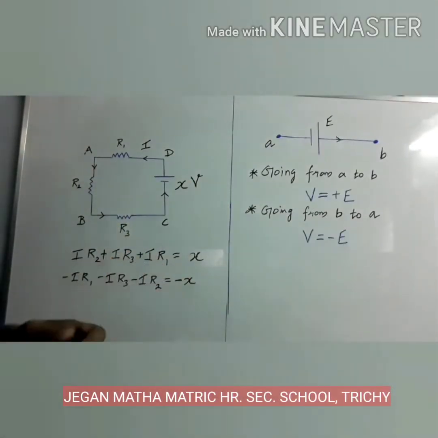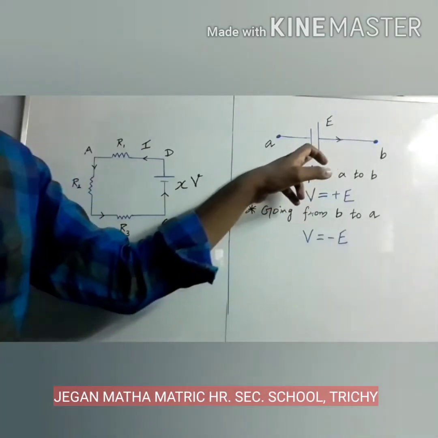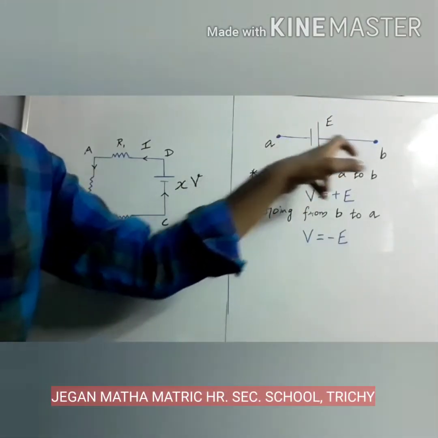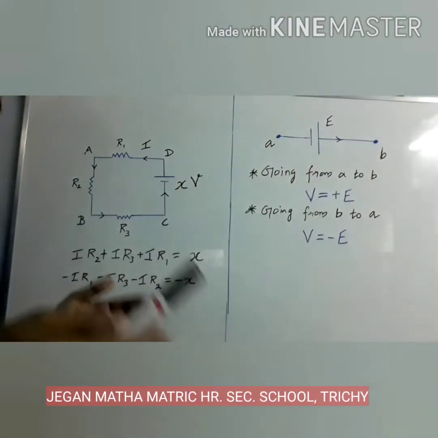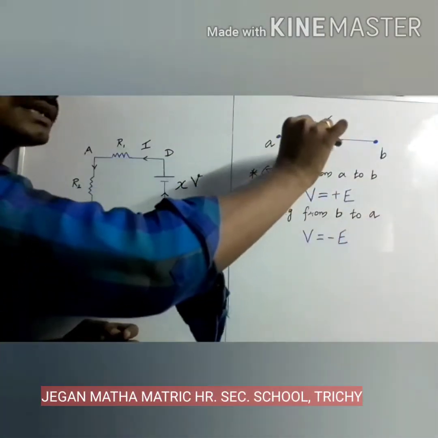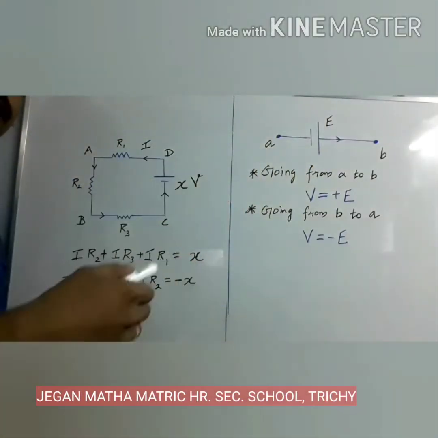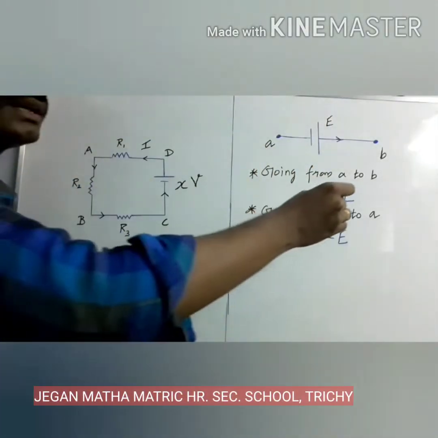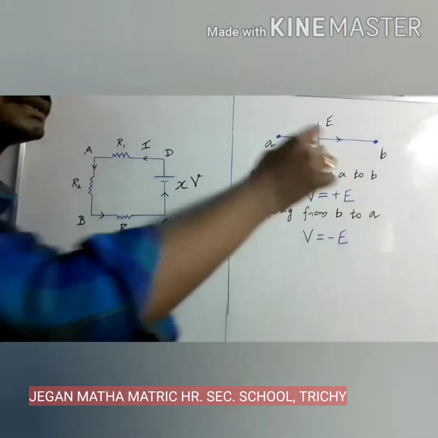We have taken another part of the circuit. The EMF is considered positive when proceeding from the negative to positive terminal of the cell. To understand this, let us take the direction of current supplied from this cell. It's along this direction, for example A to B. Suppose the direction of the loop is also along A to B. So direction of loop is A to B. The direction of current which is supplied from the cell is also along A to B, both are in the same direction. Then the EMF of the cell can be considered as positive. So let capital E be the EMF of the cell. So V, potential difference, is equal to plus E.